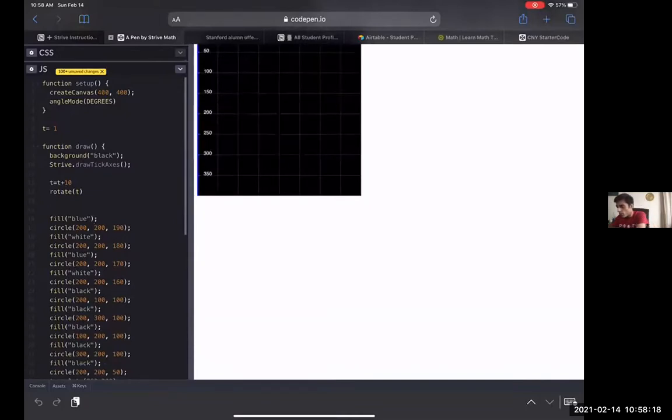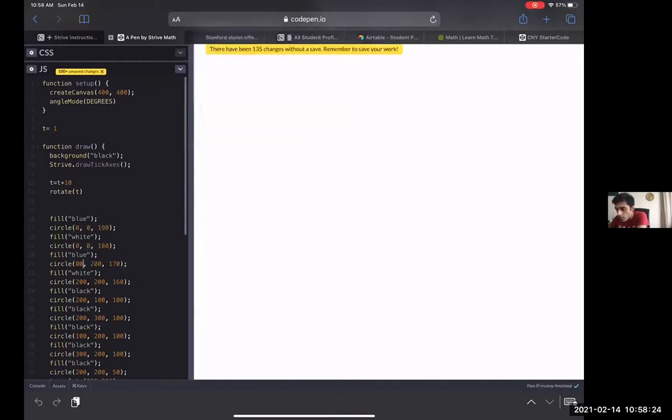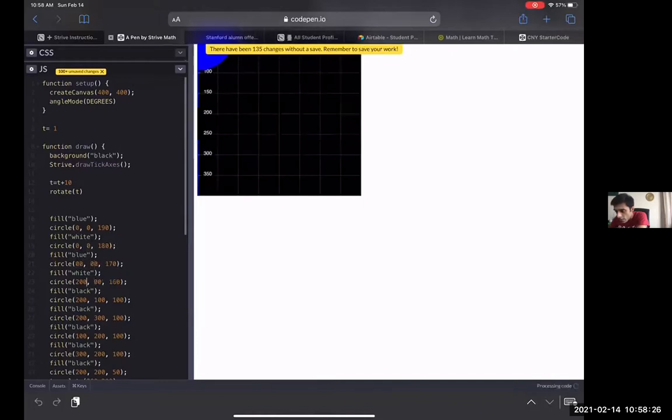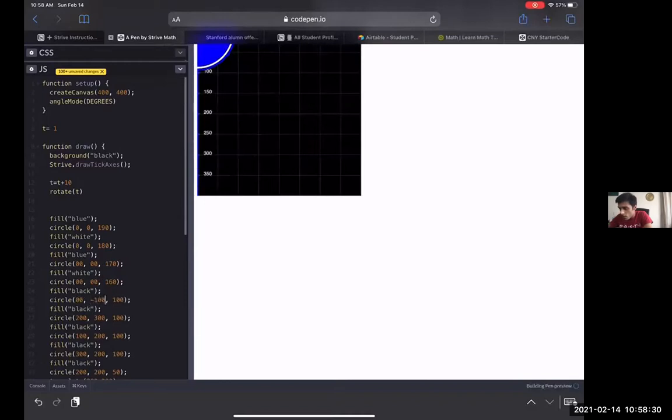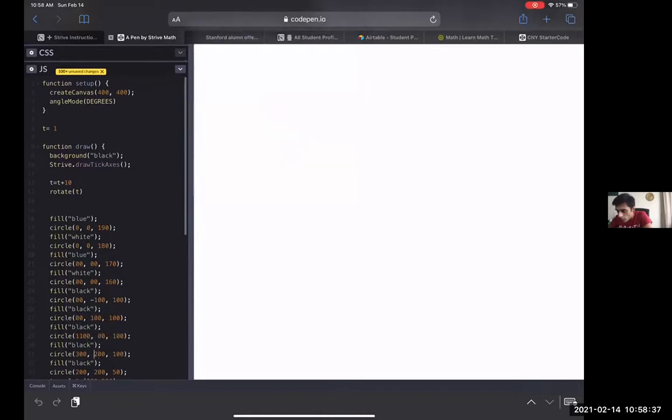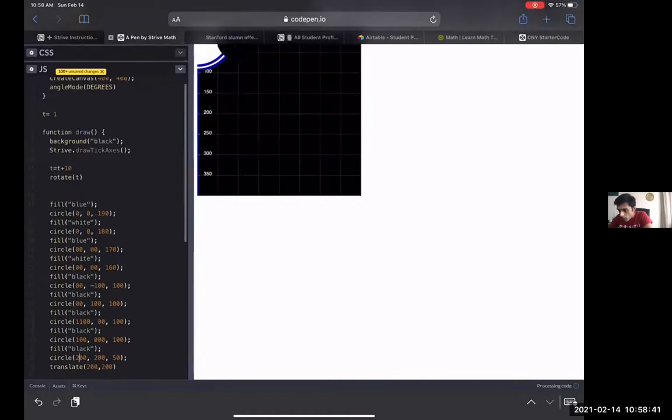Something at 200, maybe I can just remove all these zeros. Let's see. Okay, we have 2 minutes. Let's do this in 2 minutes. All right, let's edit code on the fly. Oh no, this will become negative 100. So it becomes 100, 0, negative 100, 0, 100, 0, 0, 0,